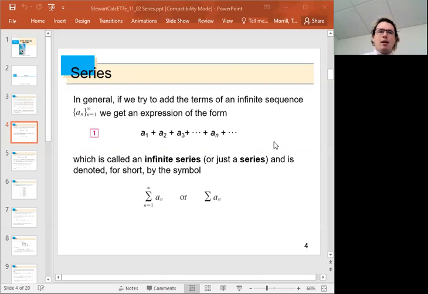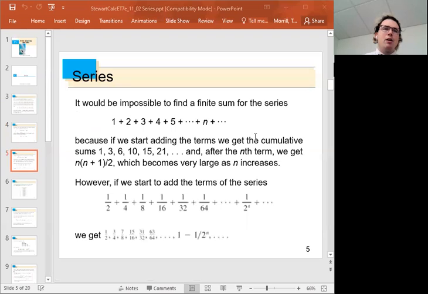Now, some series will have a nice formula, and we will be learning those. But other series just don't. Not everything in the mathematical universe was created to be easy for us. So, in general, even if I don't have a formula for my terms of the series,